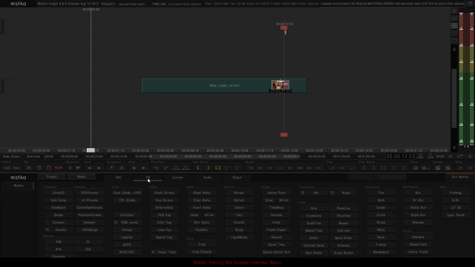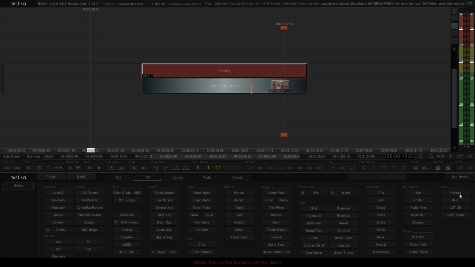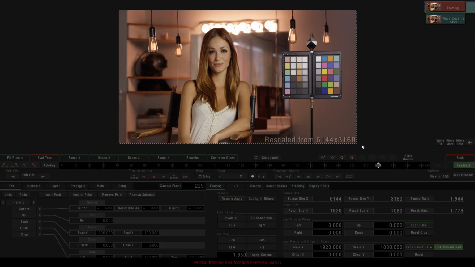So let's go to our FX, and our framing tool is currently here. Enter the parameters, and we see that we have a message telling us that what we are currently seeing is our full res 6K that's been rescaled to fit our project on both X and Y axis.